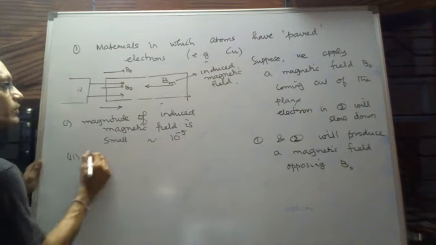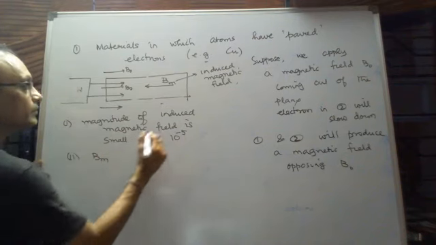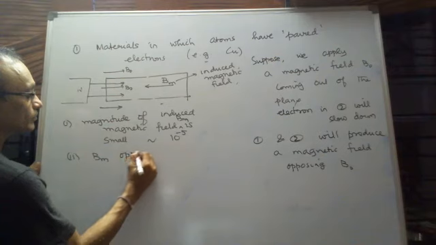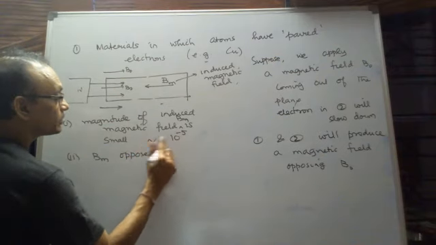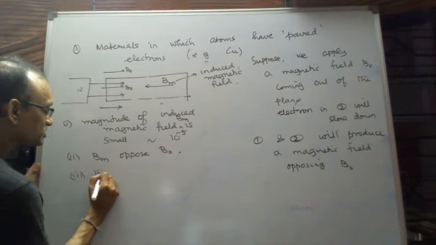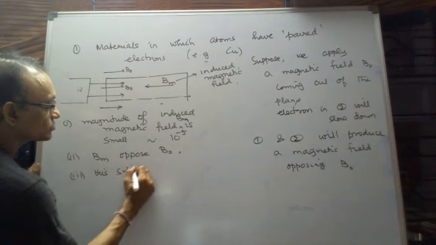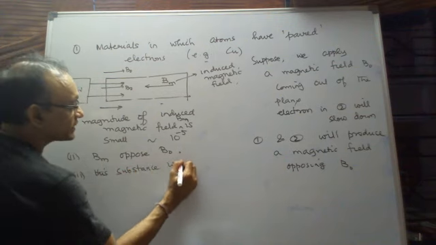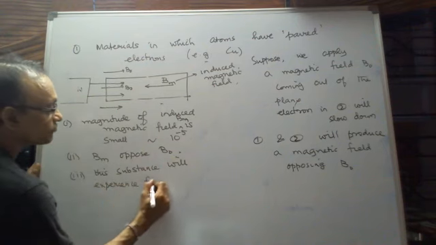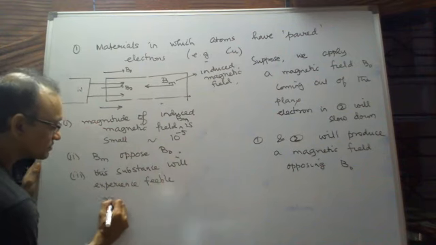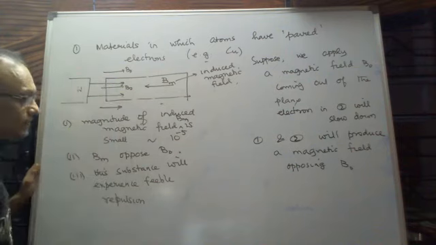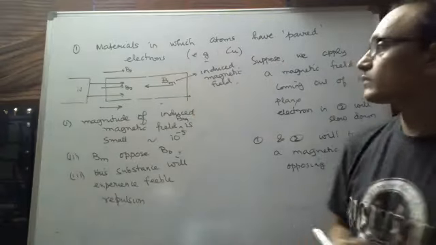The induced magnetic field Bm is small, and Bm opposes B naught. This substance will experience feeble repulsion. ठीक है ना, इन दोनों के बीच में रिपल्शन होगा।